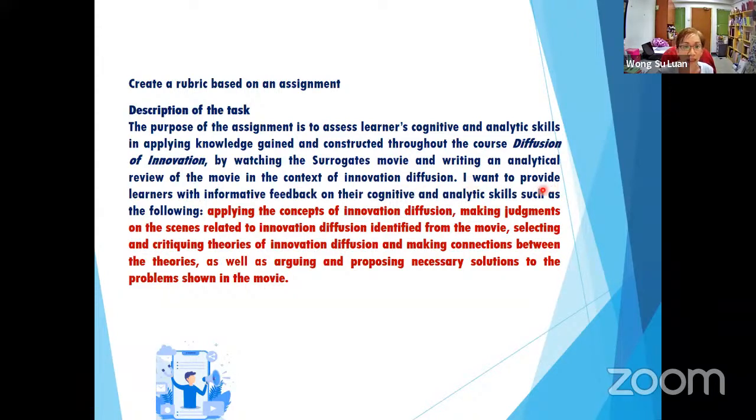What is it that you want? I want to provide learners with informative feedback on their cognitive and analytic skills, such as the following. This is what you want the students to achieve here. To be able to apply the concepts of innovation diffusion, they are able to make judgments. They are able to select and critique theories of innovation diffusion, and they are able to make the connections. This is what I want for my students to achieve. Based on the description of the task,